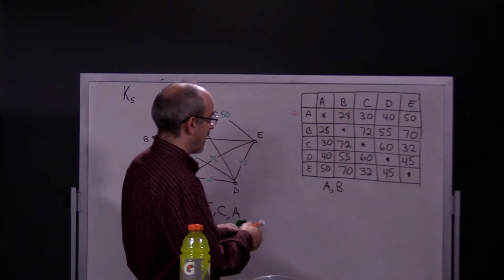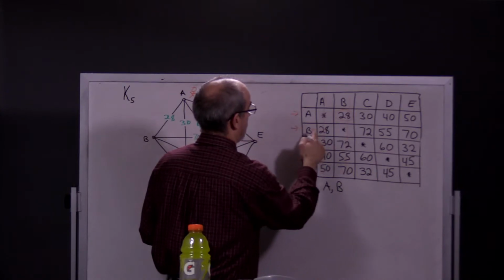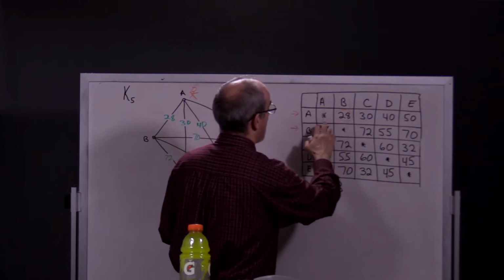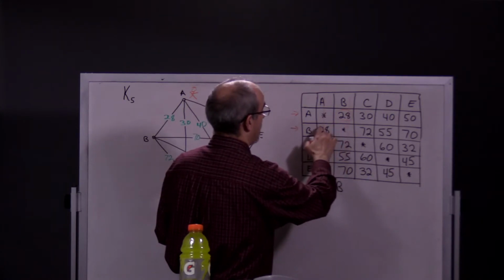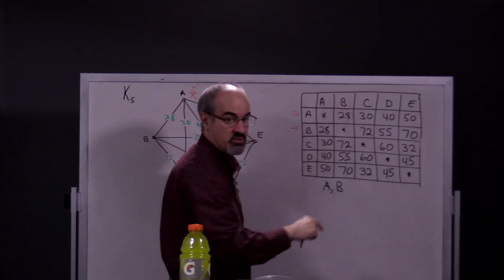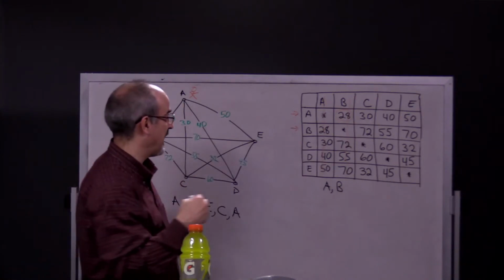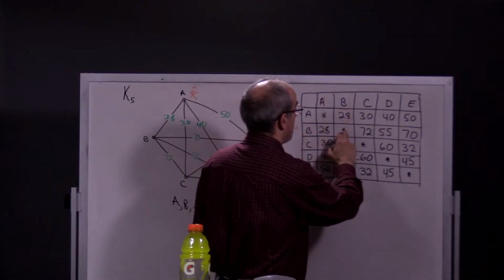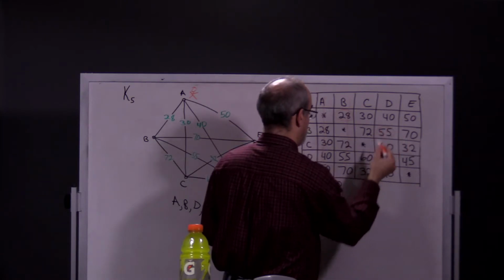Okay, so now we're at B. So you're going to look across this row for the smallest number. Notice that that's part of the reason why we cross these off. This is the smallest number, but you can't go there because we've already been to A. That's where we have to go at the end, but we can't go there now. The smallest number is 55, which is